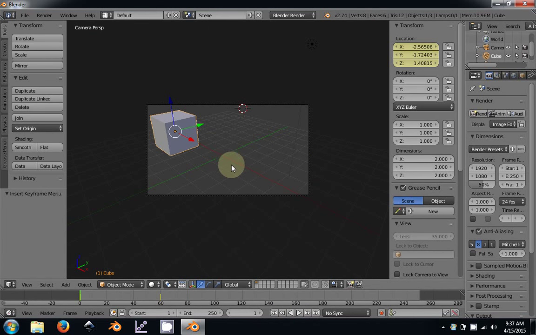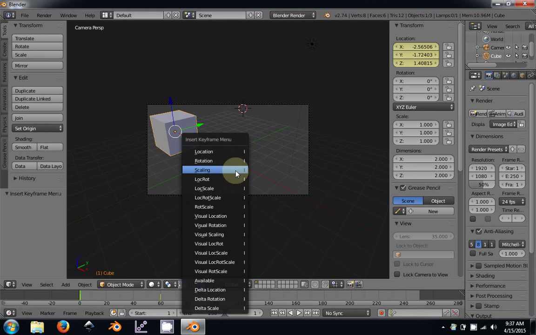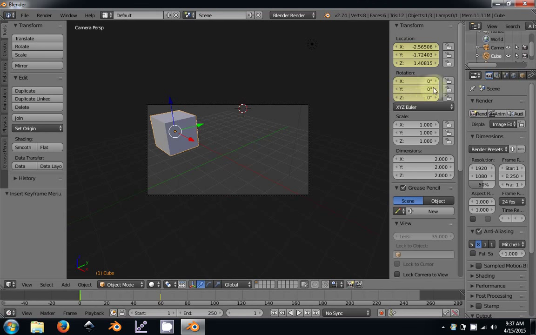Now, I'm going to show you the same thing for rotation. I'm going to hit I, hit it for rotation. Again, it goes yellow. And just for the sake of this, just so it's easier to animate, this right here, this is the start